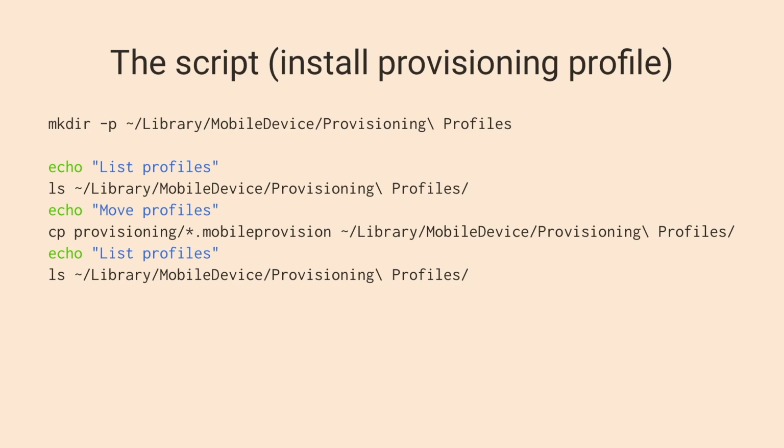Installing the provisioning profiles: if you double-click and download the provisioning profile, magic happens, Xcode opens, and wow. But this is all it does, people. Nothing more happens if you install a provisioning profile. It's not more complicated than this. You have some mobile provisioning file somewhere. It copies it into this Library MobileDevice Provisioning Profiles folder. Then it's done. Then it's available to Xcode. You can use it when you're code signing your app bundle.